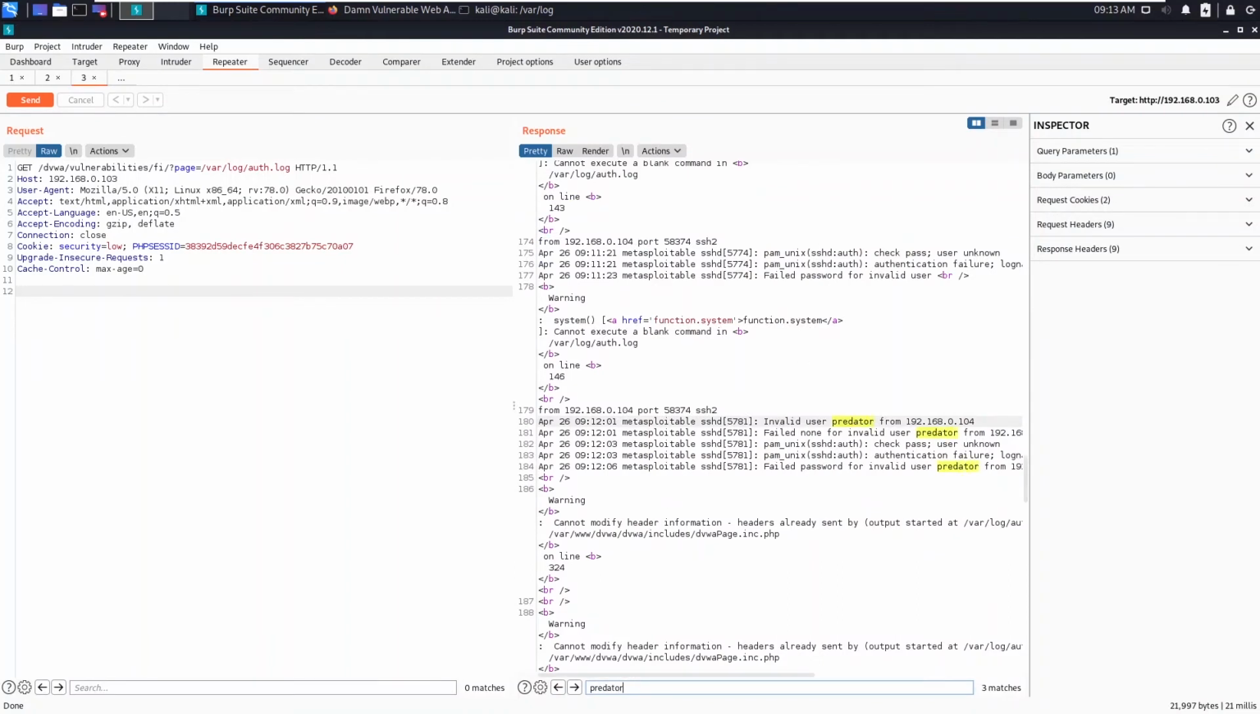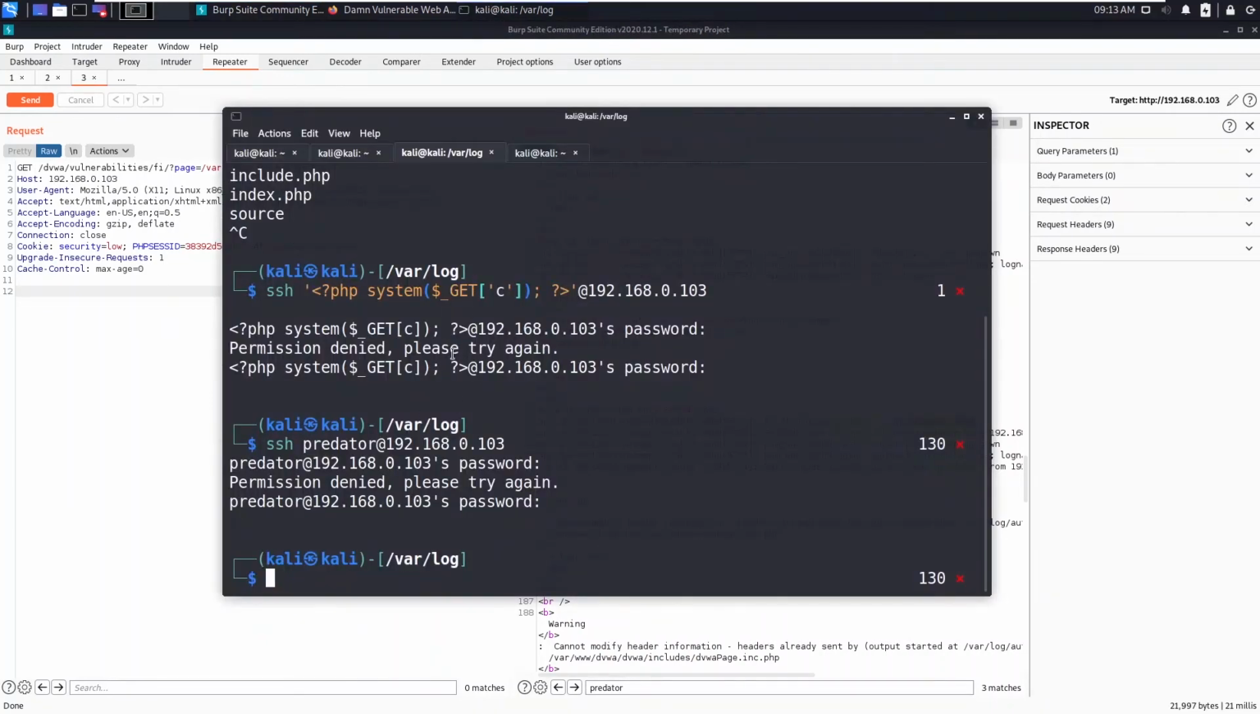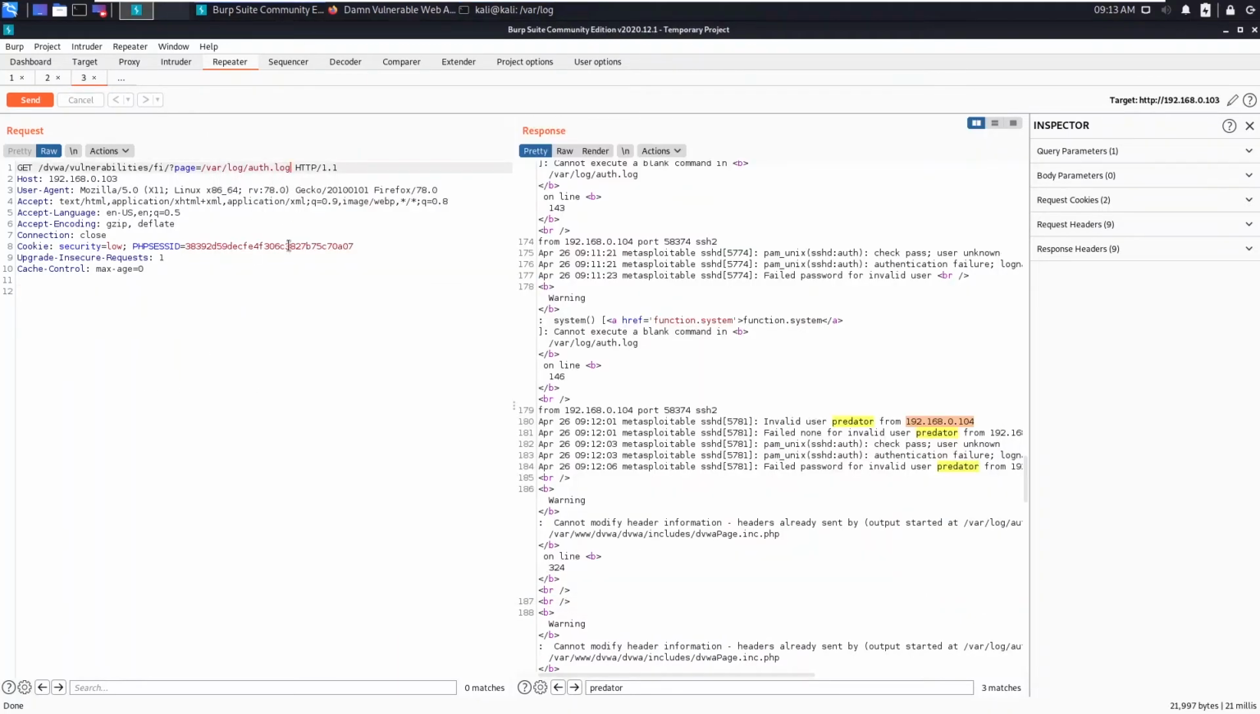So you can see invalid user predator from the IP address. This is my Kali Linux IP address. Failed now. So my IP address and the username has been logged. In the same way, in the previous request, this PHP has been logged. Now what you can do is you can simply